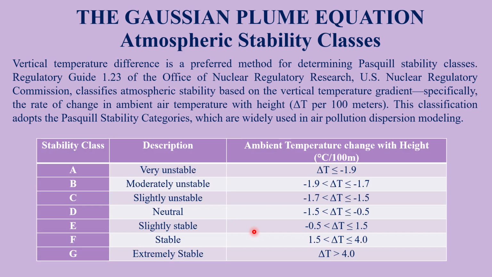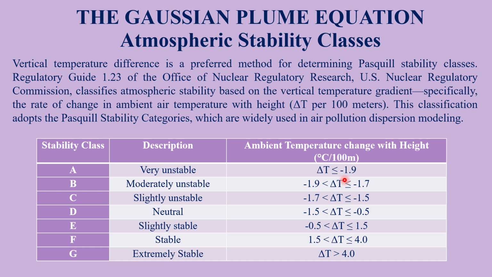So based on the vertical temperature difference, this is some stability class. This is found in the regulatory guide of the US Nuclear Regulatory Commission. In their guide, you will find that when ambient temperature is decreased,